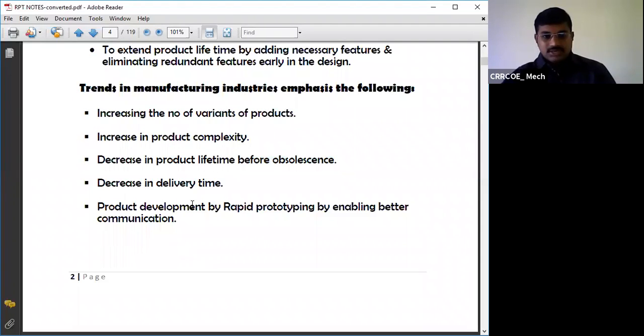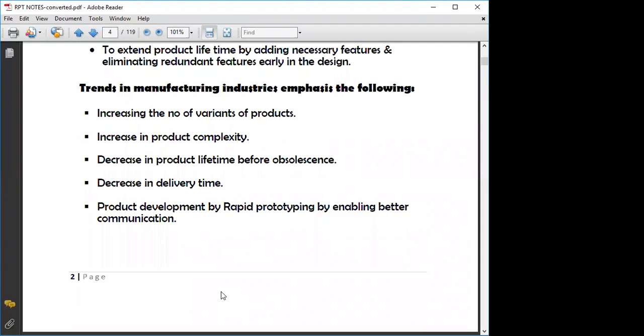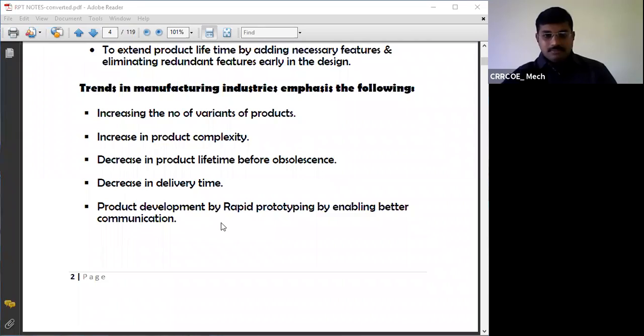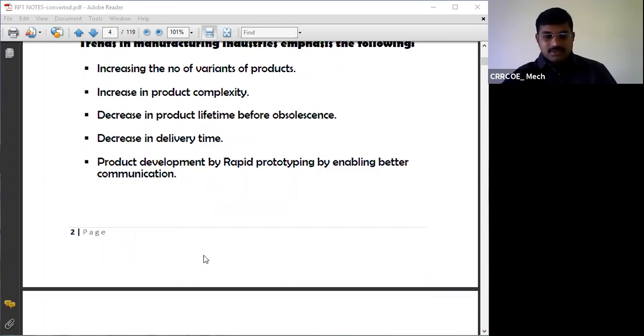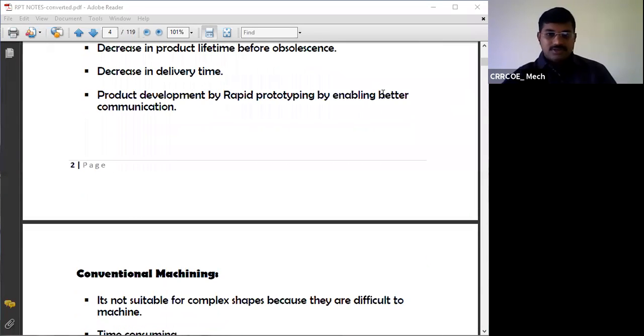Decrease in delivery time. Product development by rapid prototyping, by enabling better communication. So by using rapid prototyping, we are going to communicate. Communicate means not by speaking. So we are going to have better models